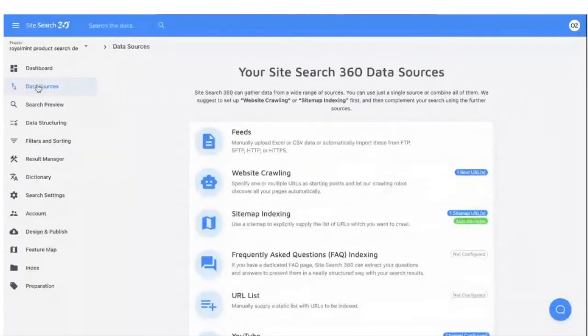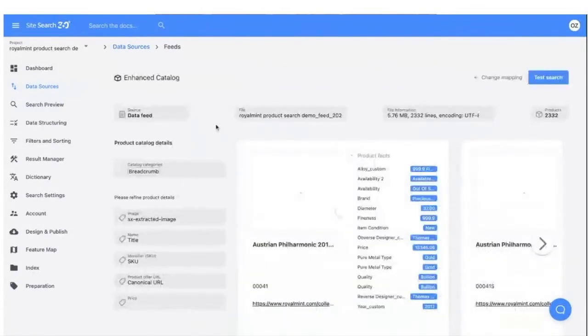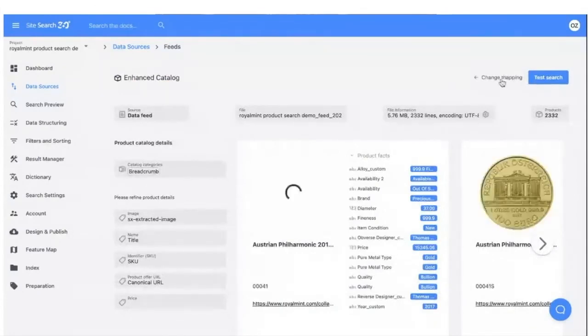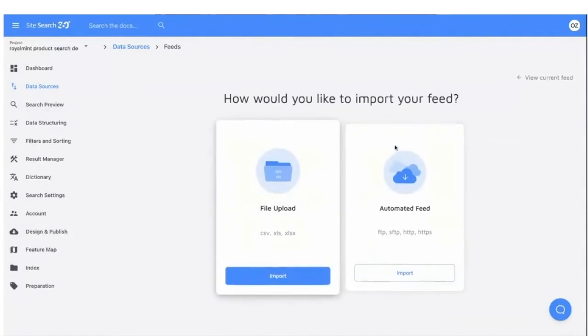So once you have this enabled in the data sources, you will see this new tab, which is a feed importer. What you would start with is just an option between a file upload and an automated feed. We recommend just trying it out with a simple CSV. We'll send a link to the documentation article, which outlines the requirements for a CSV feed. So you can import and